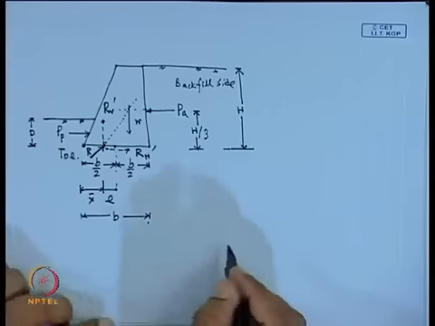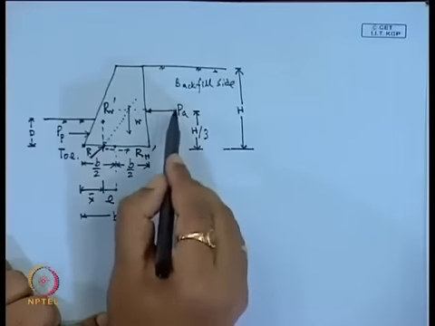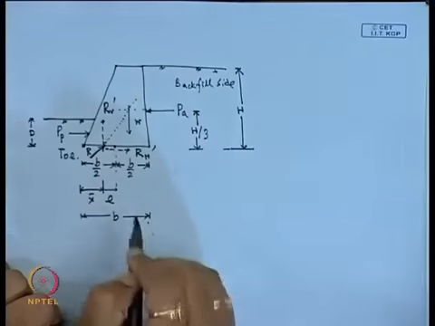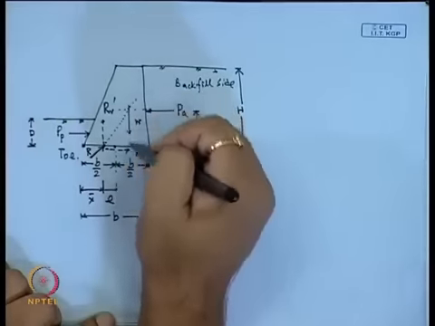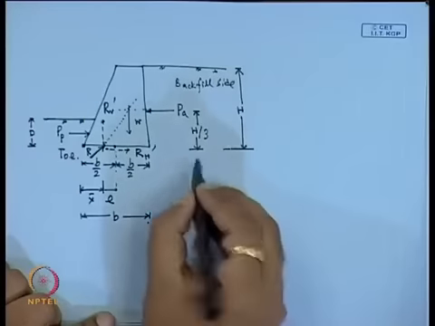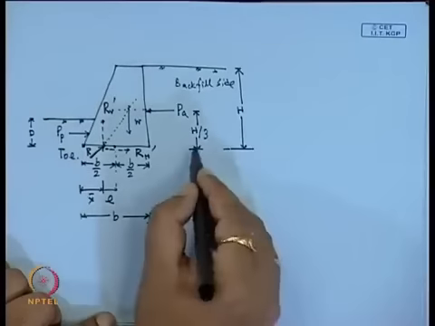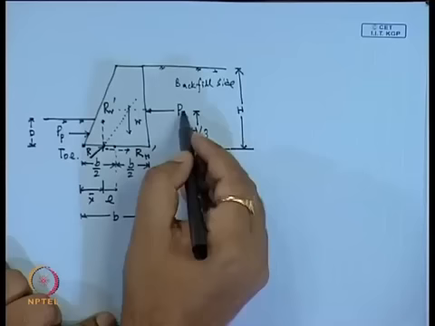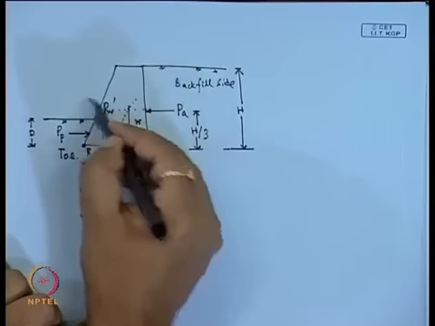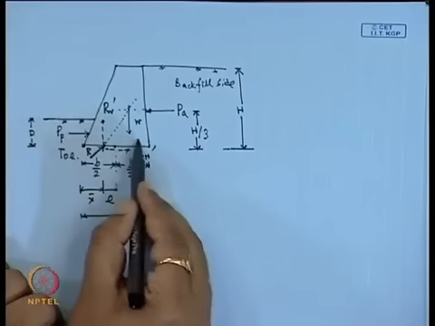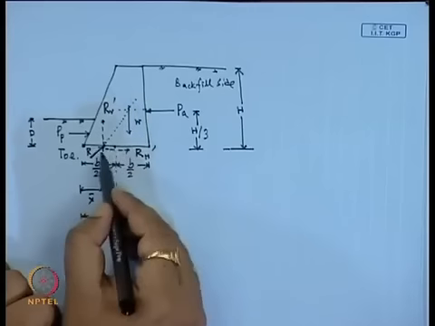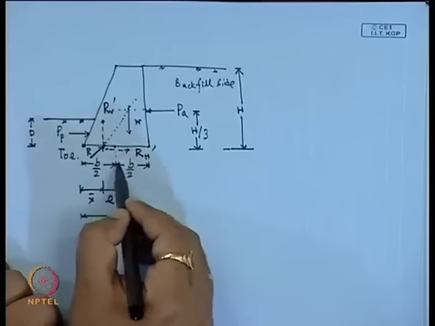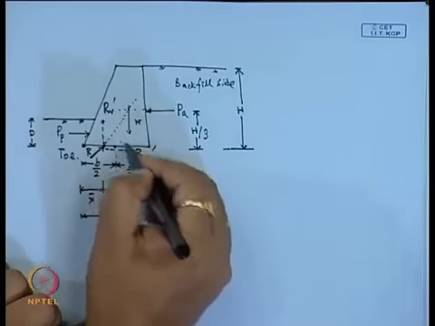Now, what are the forces that we will consider? We will consider the active earth pressure, the passive earth pressure, and the self weight of this retaining wall. For the gravity retaining wall, later on when we go for the cantilever retaining wall, then for different theories you have to consider the weight of the soil also. This weight will act in the downward direction, this active earth pressure will act from this direction, and the passive earth pressure will act in the opposite direction. There is also friction that will act between the base of the retaining wall and the soil, for this vertical and horizontal force.